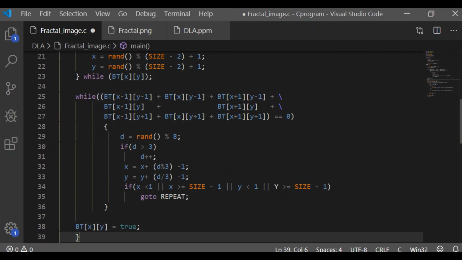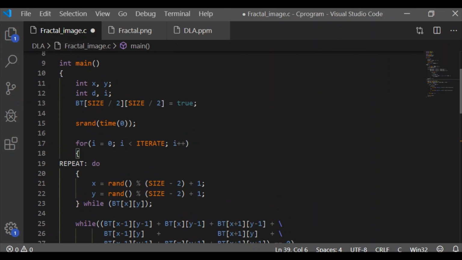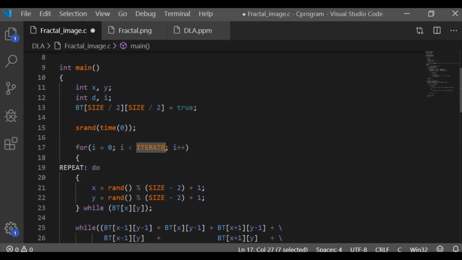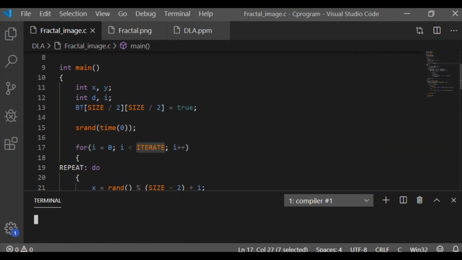In case it goes outside the screen, we will again generate new values for x and y. And this shall be continued 10,000 times. That's why we are simulating using a program.